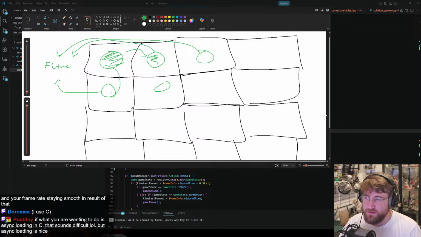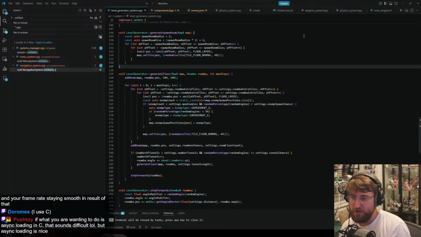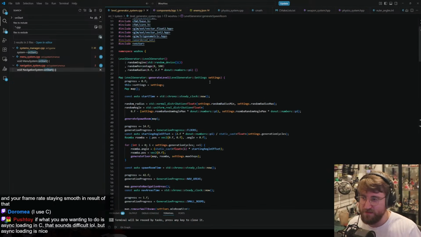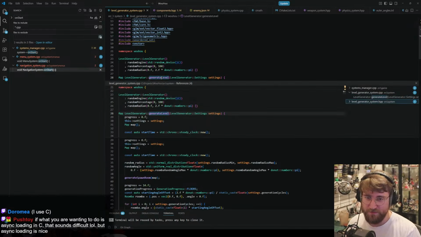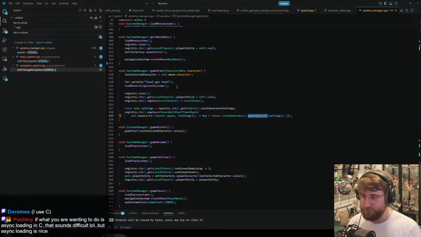The ability to asynchronously load stuff is sick as hell. What I do with my level generator, you'll see that my level generator is just a big class that does a bunch of stuff and eventually stores it in this map object, right? And eventually generate level returns somewhere. When I want to start generating a new level, game start,